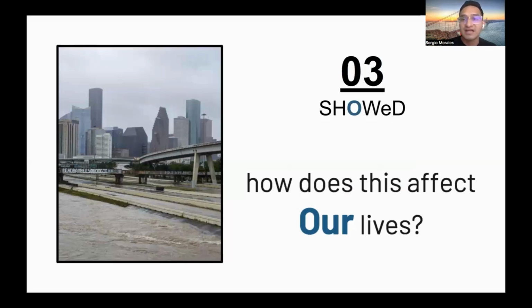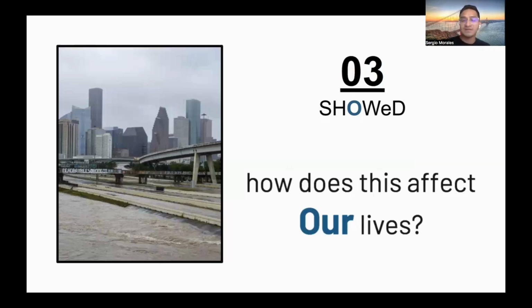Our lives are at risk when it floods, whether on the highway or in our neighborhoods. Flooding is a very high risk for our livelihoods, so it is important that we address this issue. That is how you would answer this part of the SHOWeD method. The third question is how this affects our lives: you take what is happening in the picture and relate it to your own life